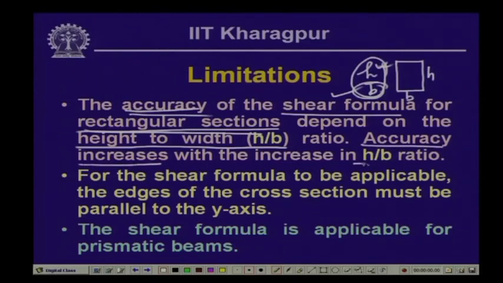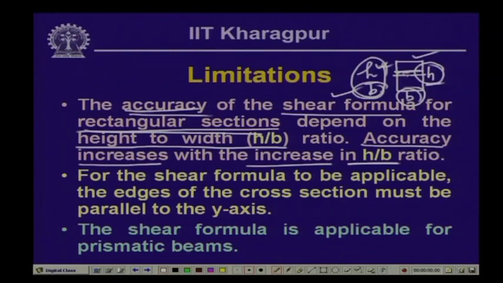That means, if the h by b ratio is higher, we get accurate results using this shear formula. Or in other words, for a particular depth h, or for a constant value of h, if you have a lesser width b, then the accuracy will be better using the shear formula, and you can understand that from the concept that we are assuming shear stress is uniform